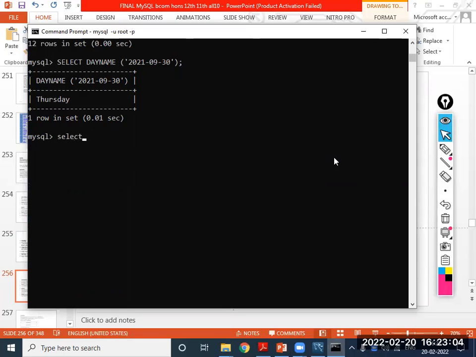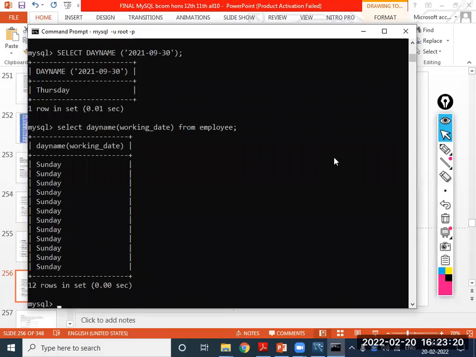Select day name, working_day from employee. It will display Sunday.